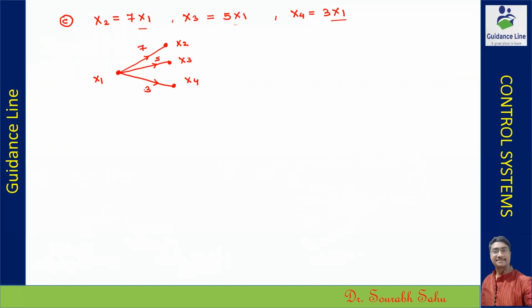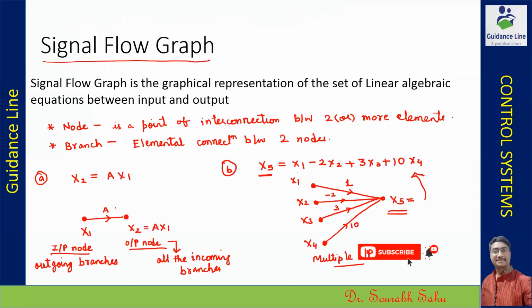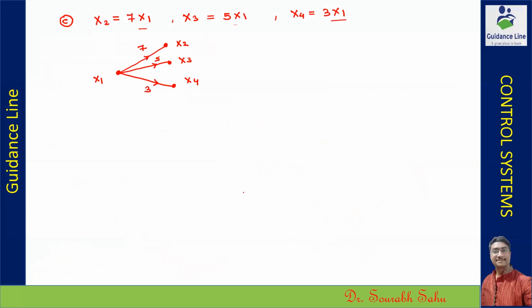Now you can see how easily we can make a graph. Apart from that, if we look into this particular term, this is called a path gain of a signal flow graph, or a forward path, and we can also call it a transmittance. So now you can see we have a set of linear equations and how simply we can represent them with the help of a signal flow graph.